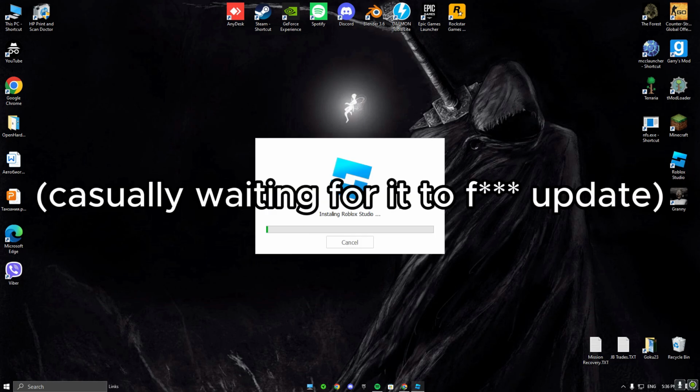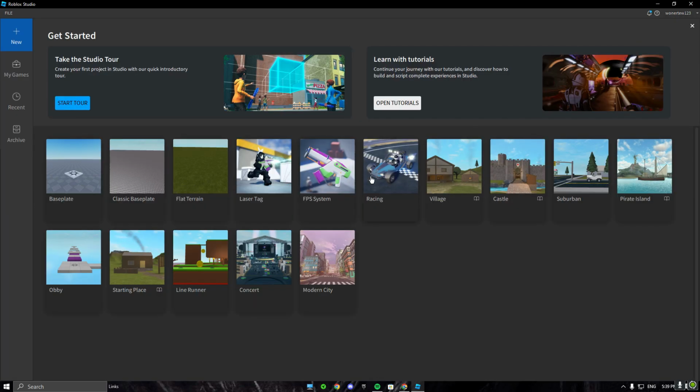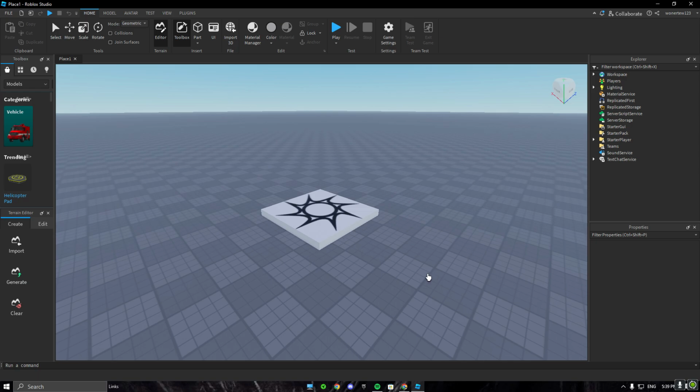Okay, so you would want to select Baseplate, and then down below in the description there will be some